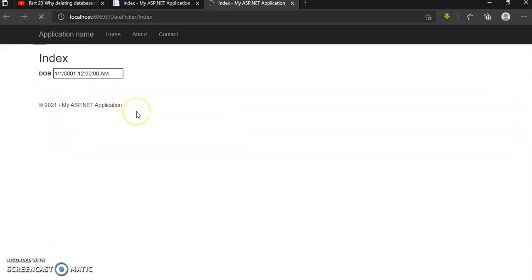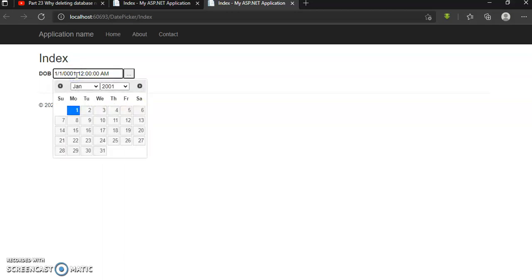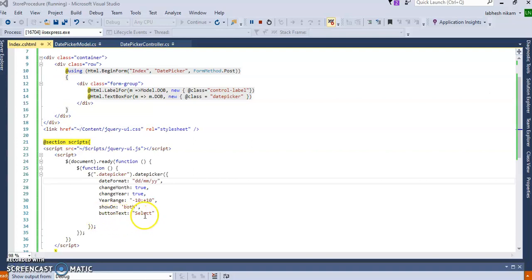You can see the calendar from text box clicking, right? And from button clicking, right? So both ways you can see it. I have written here the select label, so that on the button the select label will be generated, and show on both means the calendar and button will both be displayed, okay.